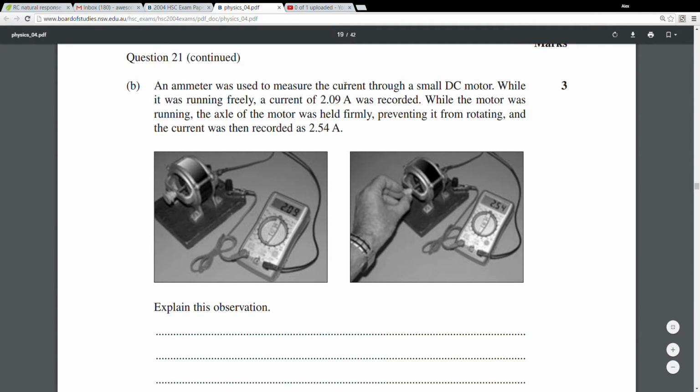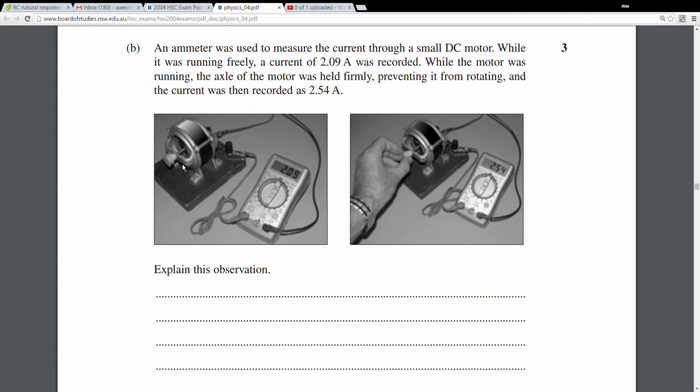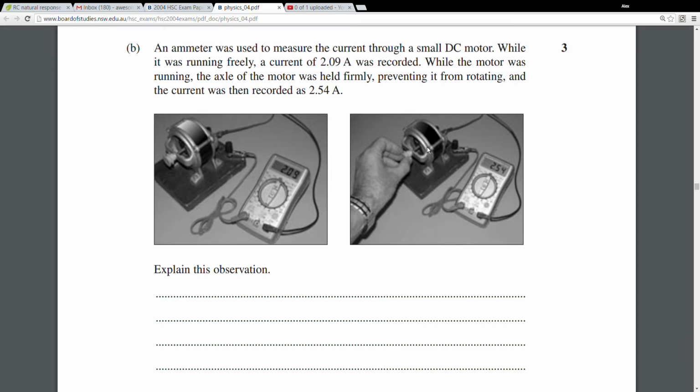Alright, an ammeter was used to measure the current through a small DC motor. When running freely, 2.09, and then when it was stopped, 2.454 amps. Explain this observation. So when it's running, it's generating back EMF that opposes the current that makes it run in the first place. And so the net current is reduced, but when you hold it, the coils don't cut lines of flux, or there is no change of flux, and so current is able to run through it freely, and thus the whole current is just